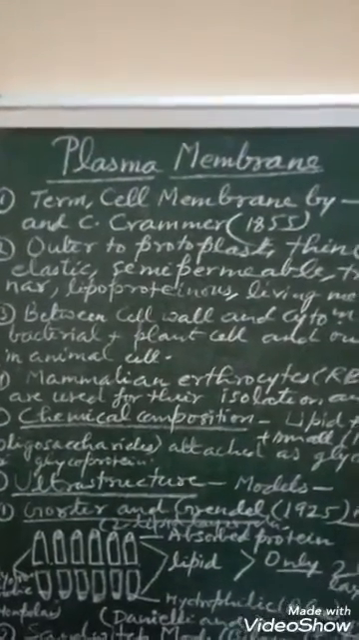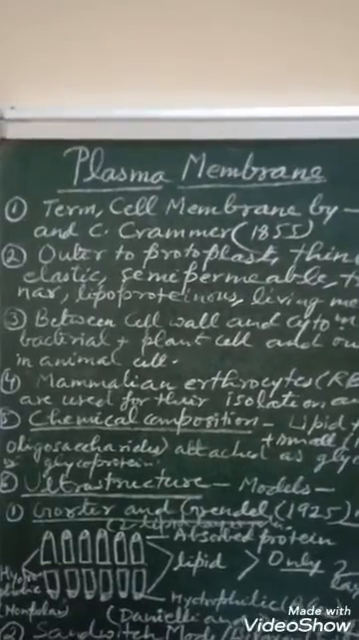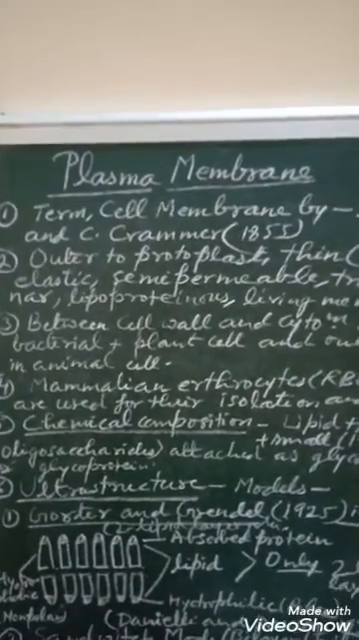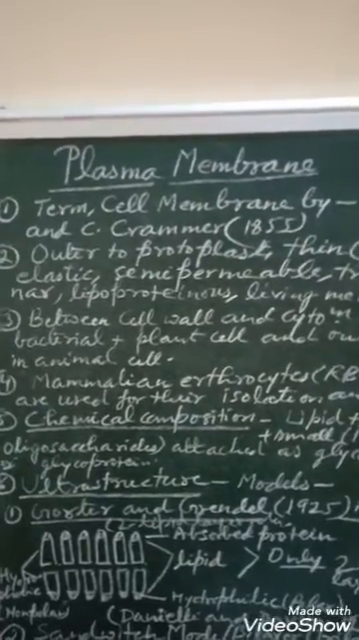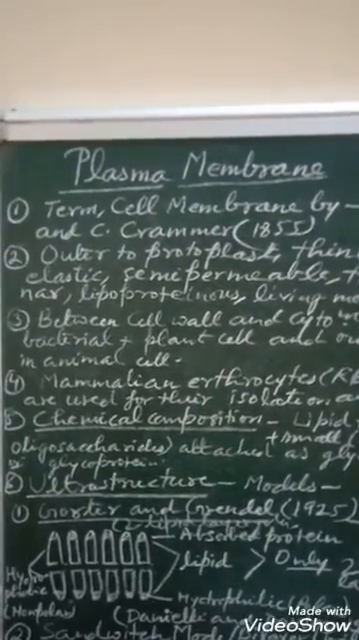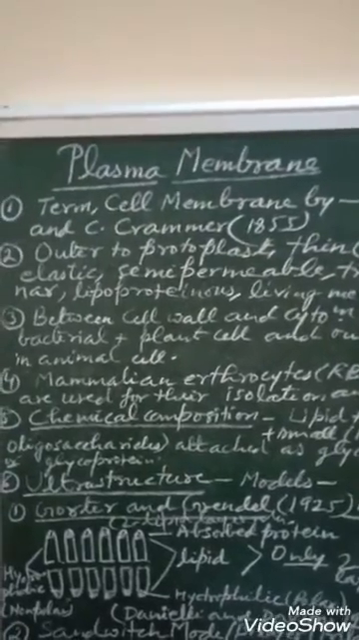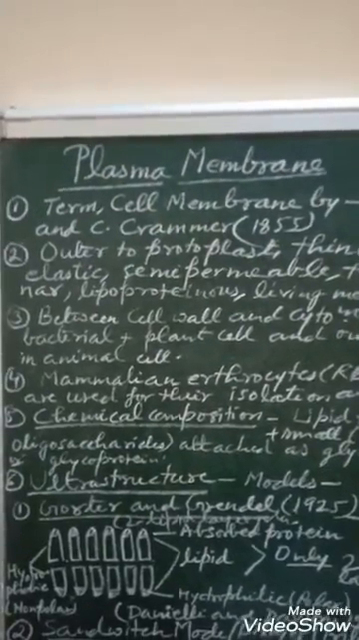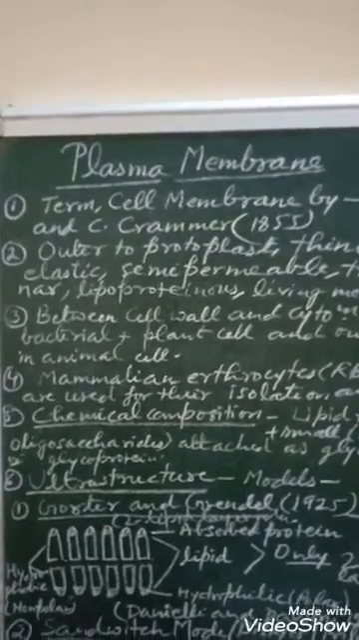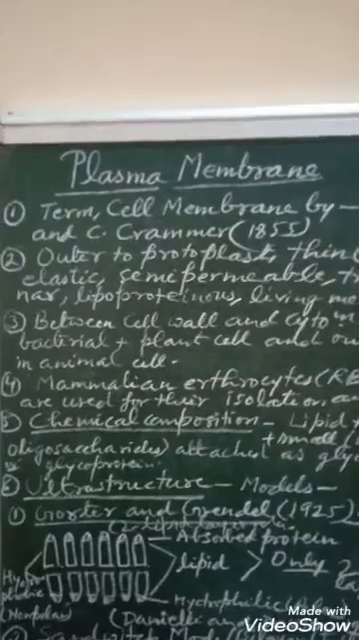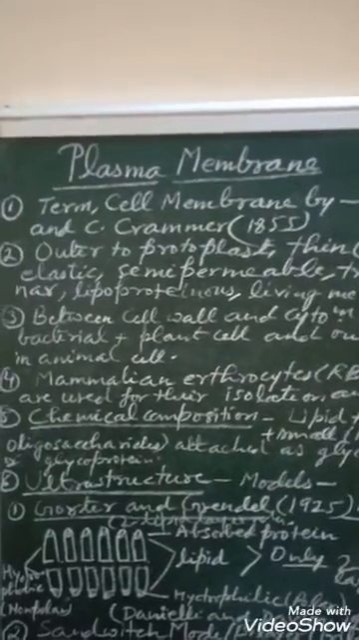Good morning, students. Today we will talk about the plasma membrane. In the previous turn, I have introduced you to the cell, different types of cells, and cell organelles. So today we will talk about the outermost or limiting boundary of the cell that we know as plasma